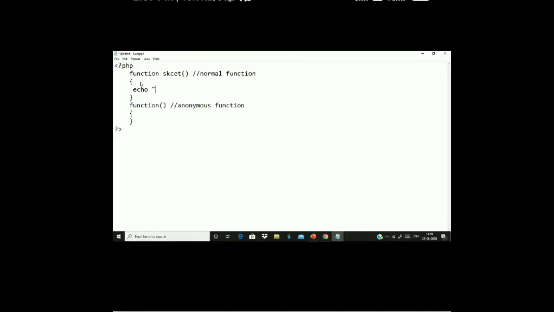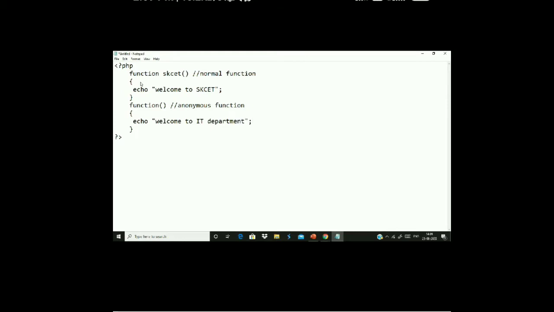Now let us imagine I want to call SKCET. I write echo, welcome to SKCET. This is a normal function, and in the anonymous function I write echo, welcome to IT department.